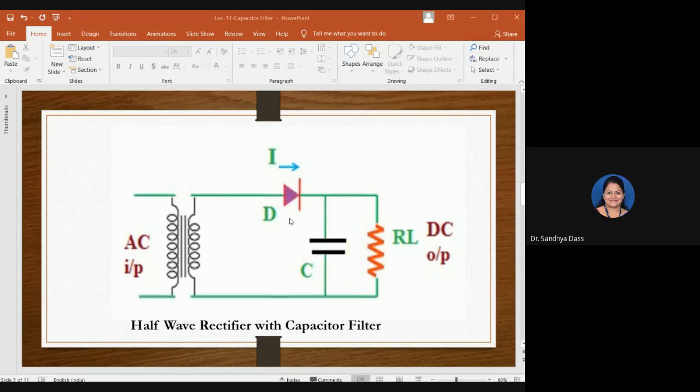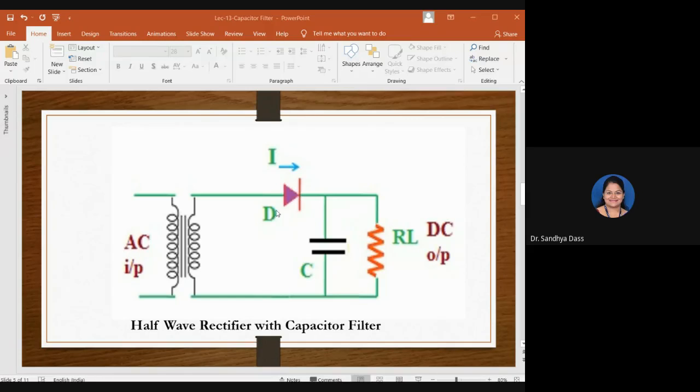AC toward the rectifier reaches the negative cycle, or the voltage is now less than the voltage across the capacitor. So once the input reaches the negative cycle, or it drops below the voltage across the capacitor, the diode will be reverse biased. I hope you are getting my point there. The diode will be reverse biased when the voltage across the capacitor is maximum compared to the supply voltage, when it is slightly below Vm, right?